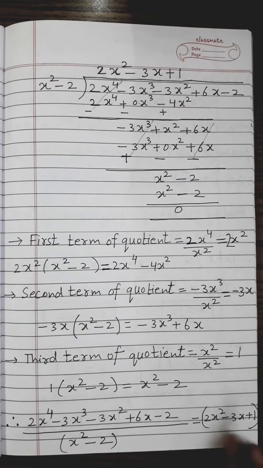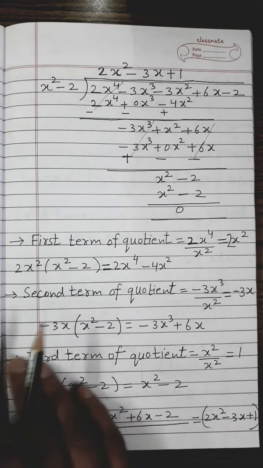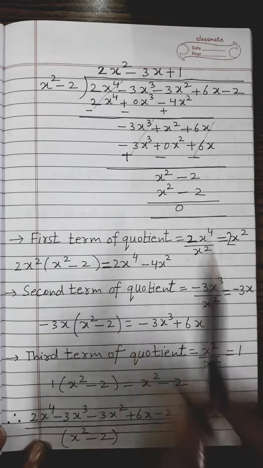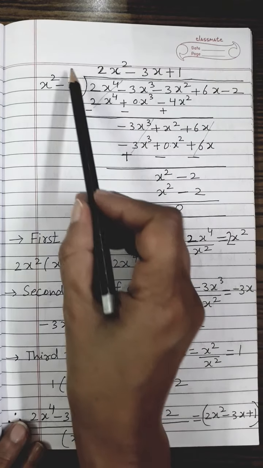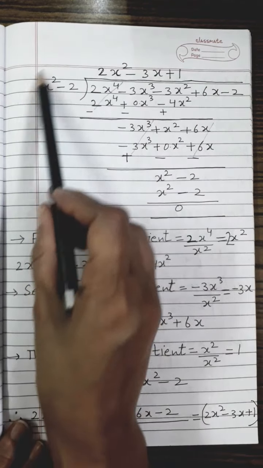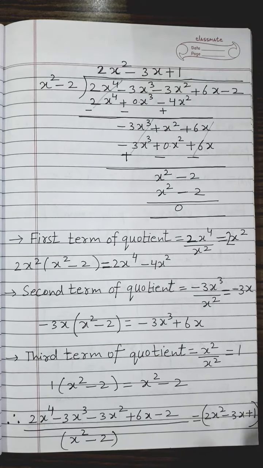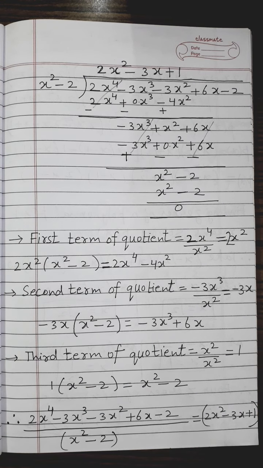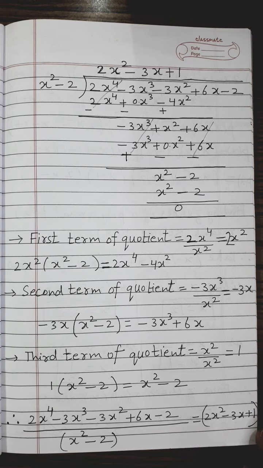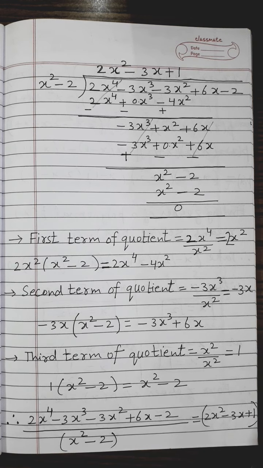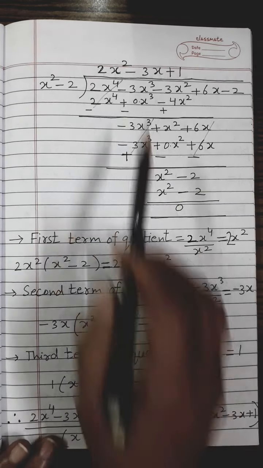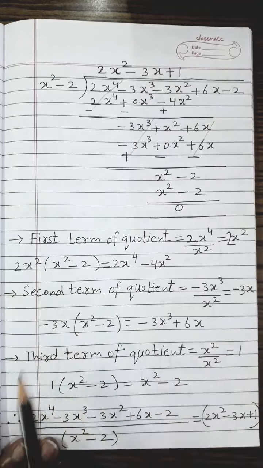So let us come to our next page. So this division process I will carry out. This polynomial is your dividend and the divisor is the factor which we have found out as x square minus 2. So I will do the division process the same way as we have done in the first and second question of this exercise. Those children who have not seen those questions, please go back to that first and second question in order to understand the division process. So for that I have to carry out the working for the quotient first.